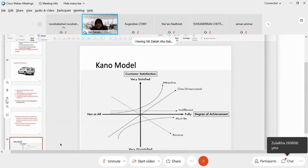Okay? Right. So these are the expected expectations for a product. This is the attractive. That's called the delighters. Remember we have learned delighters. Did I teach you or not? Because I teach a few QM classes, so I'm getting confused. Okay, right? And this is, you see, that